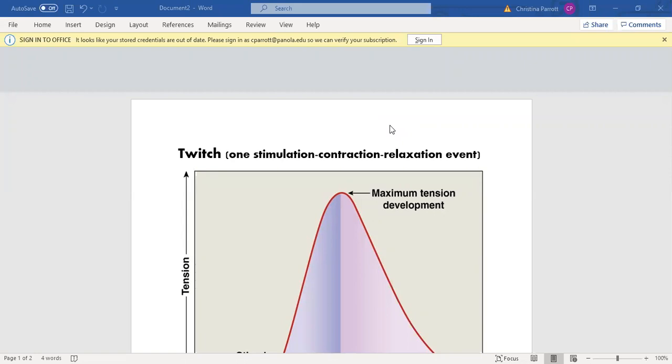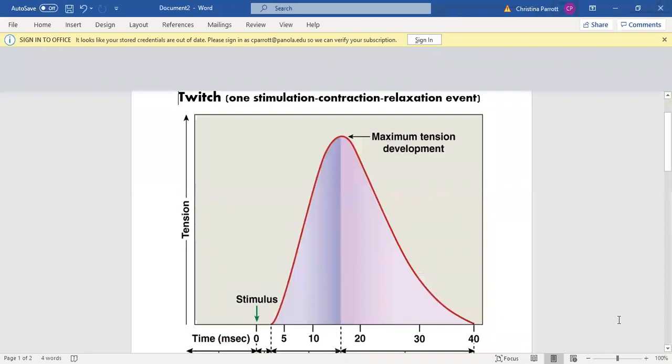Okay, so we're going to discuss a twitch and what happens when you have repeated stimulation. On this first graph here, we'll discuss a twitch. So what is a twitch? A twitch is one stimulation, contraction, relaxation event. So every time you have a stimulation followed by one contraction followed by one relaxation, one of those events is